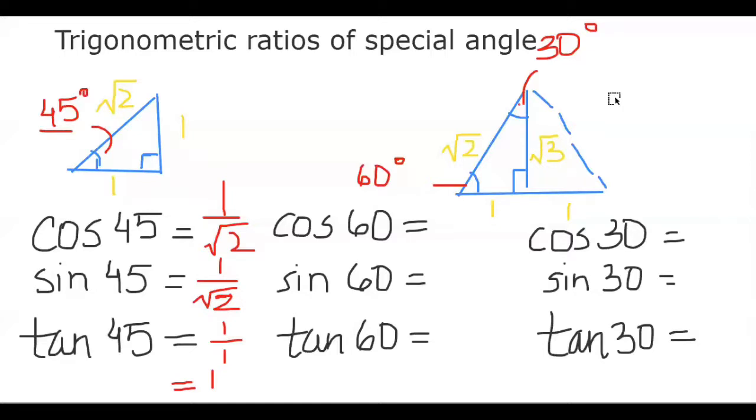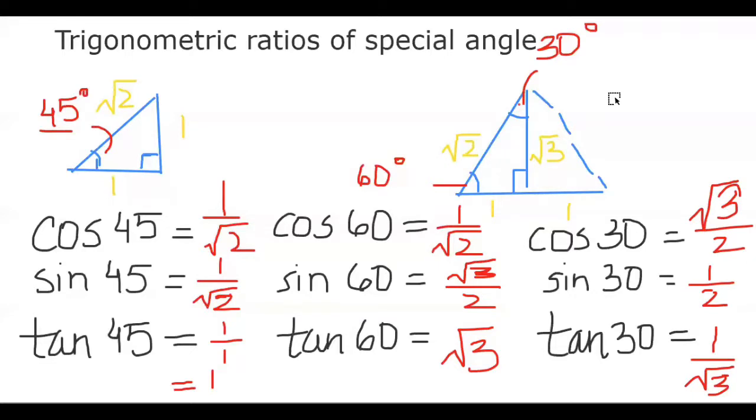So in order to take out sine, cos, and tan, we're simply going to use SOHCAHTOA. Let's remember SOHCAHTOA. Sine will be opposite upon hypotenuse, cos will be adjacent upon hypotenuse, and tan will be opposite upon adjacent. So the sine, cosine, and tan of 60 are as follows. And lastly, we're going to take a look at the sine, cosine, and tan of 30 degrees, which will be done in a similar way, and thus they are as follows.